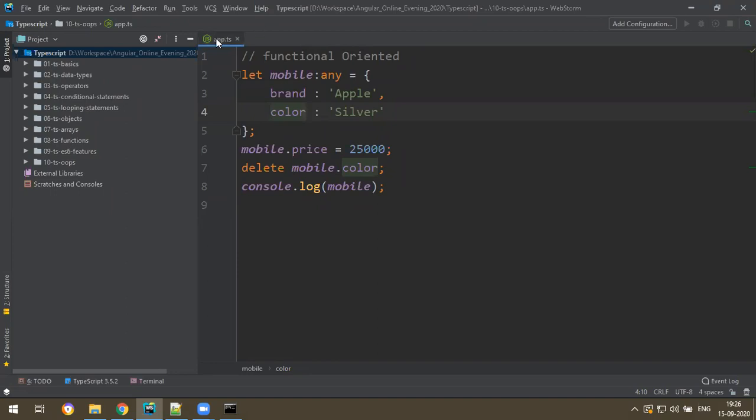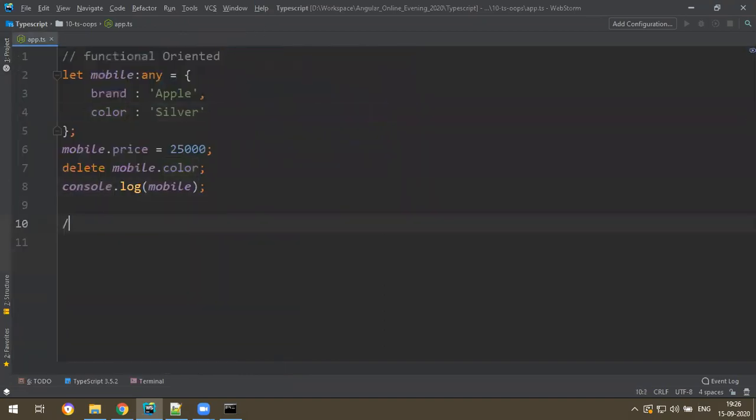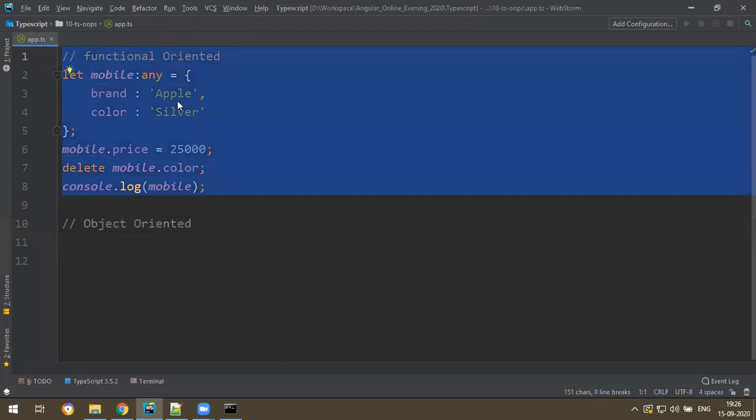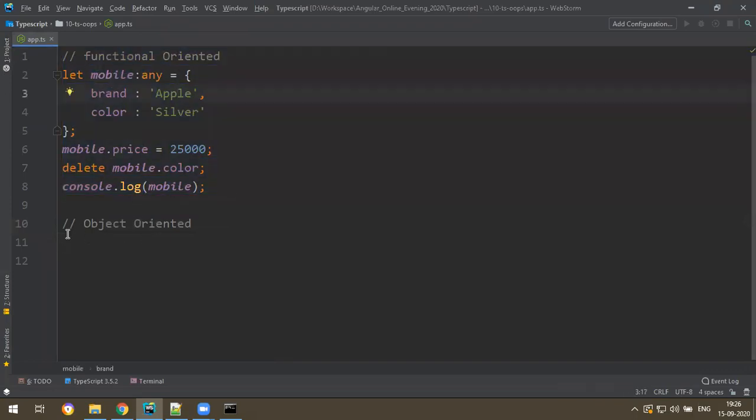See here, now let's start with object oriented. Too many things will come here like class, constructor, getters, setters, object creation. Just watch it. It's not as straightforward as this, because we have to define a design first. Design means the class, and then you create the object. So its flow is a little different. I will write the whole program, and lastly I'll explain the flow.